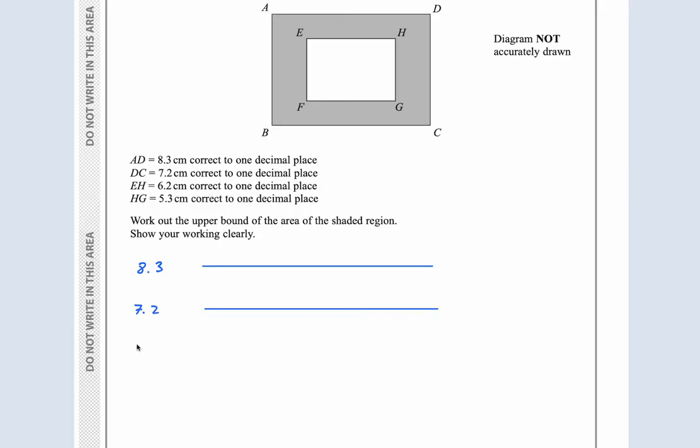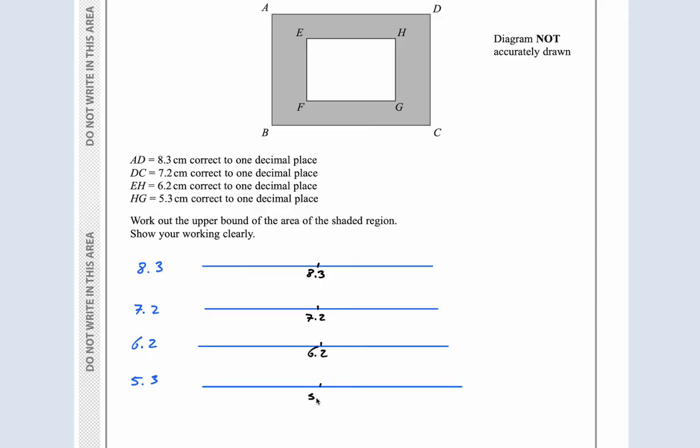I have my 6.2, it gets a number line. And 5.3, it gets a number line. Now, this guy is 8.3. Because they're all rounded to one decimal place, all I have to do is go up